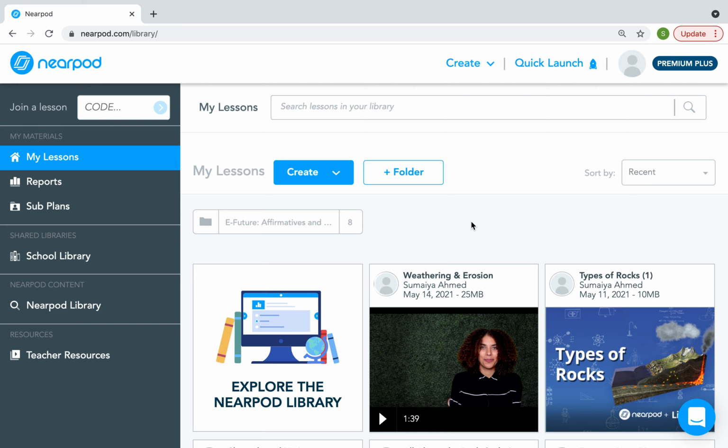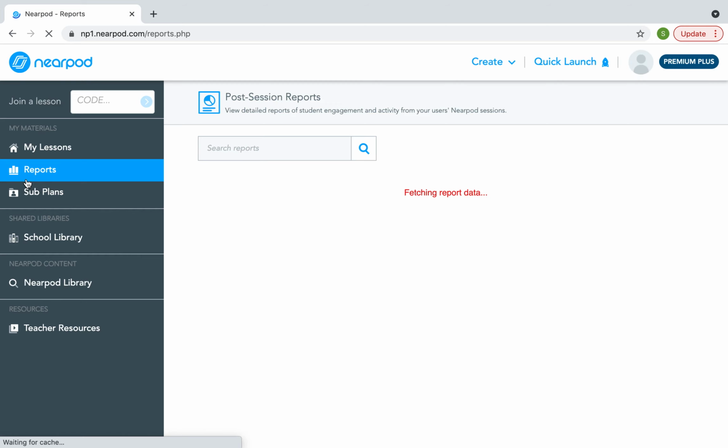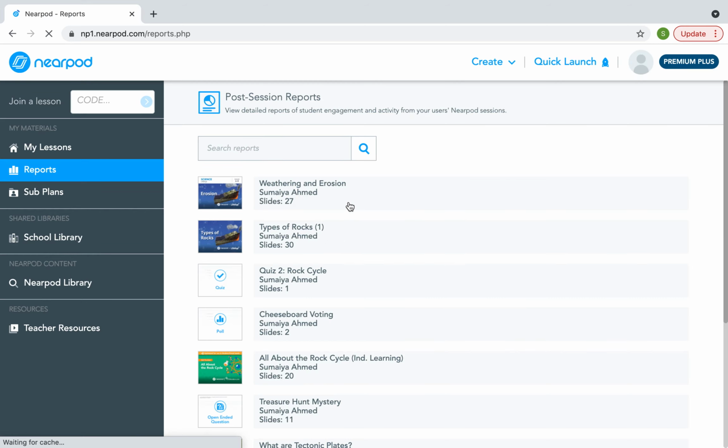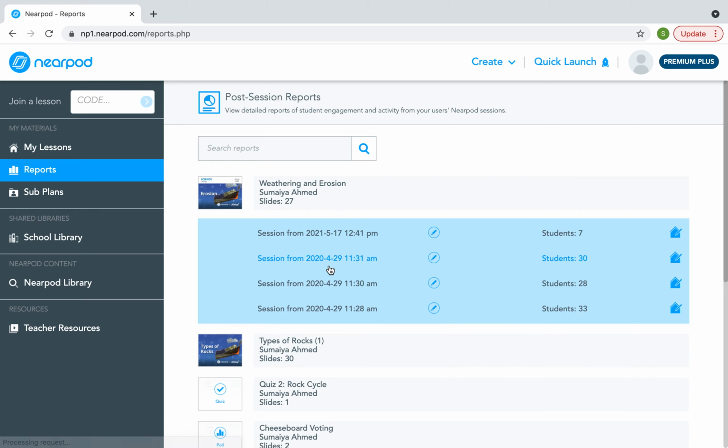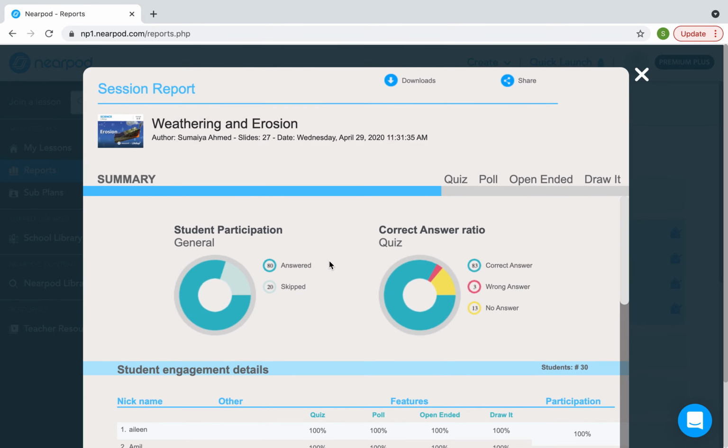So you can click on reports, which gives you reports from all the student responses from any lesson. So that's this tab right here. So for example, if you click on one, it will give you the reports for all of the work. So it will give you a summary, and it will show you